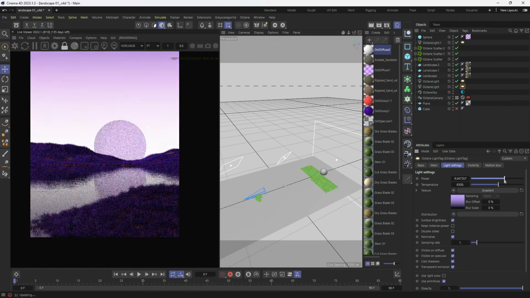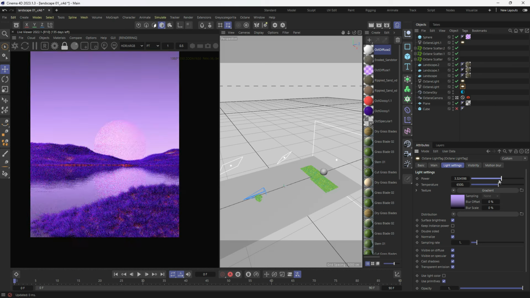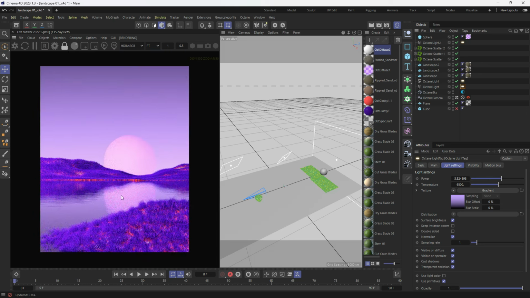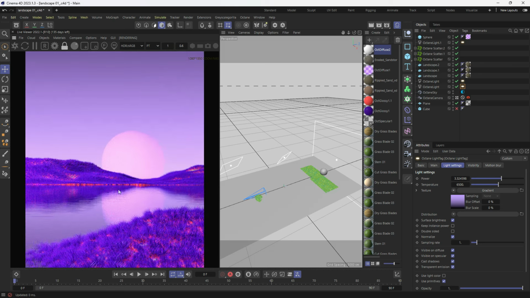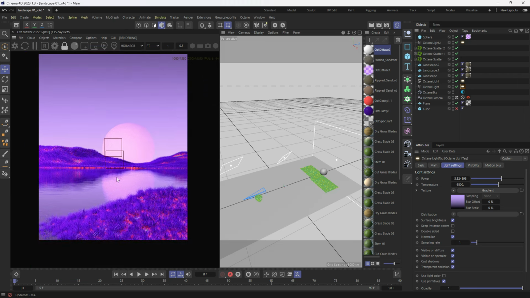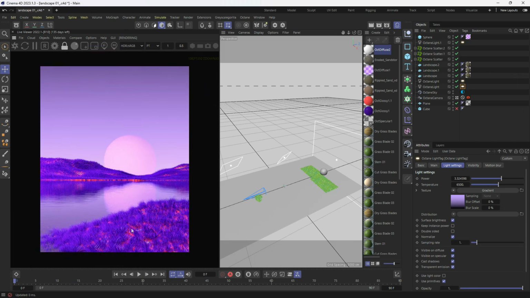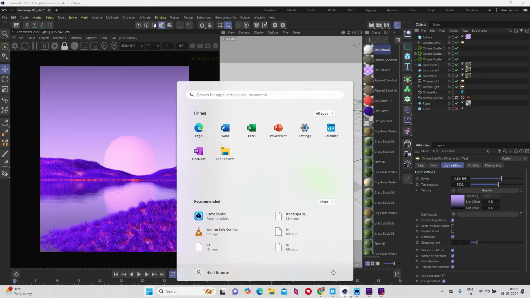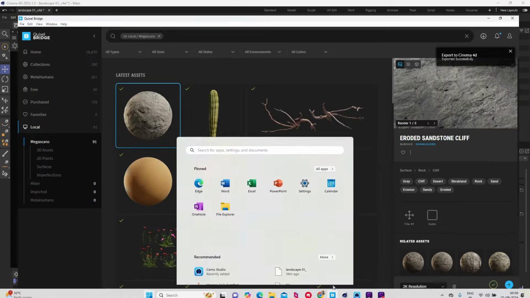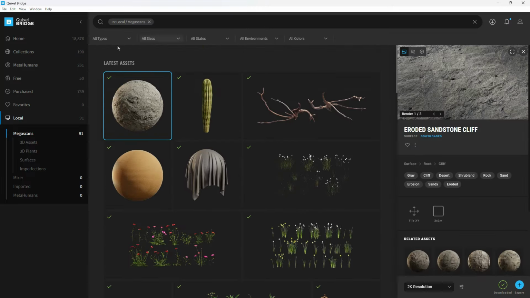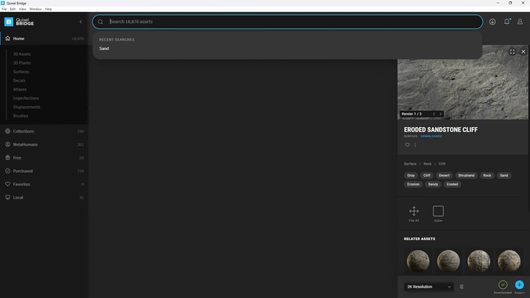It was already fine, I think. Maybe yeah, this is already looking good. Now we gonna add rocks on this thing. Okay, so for that we going to go into this thing and type rock,